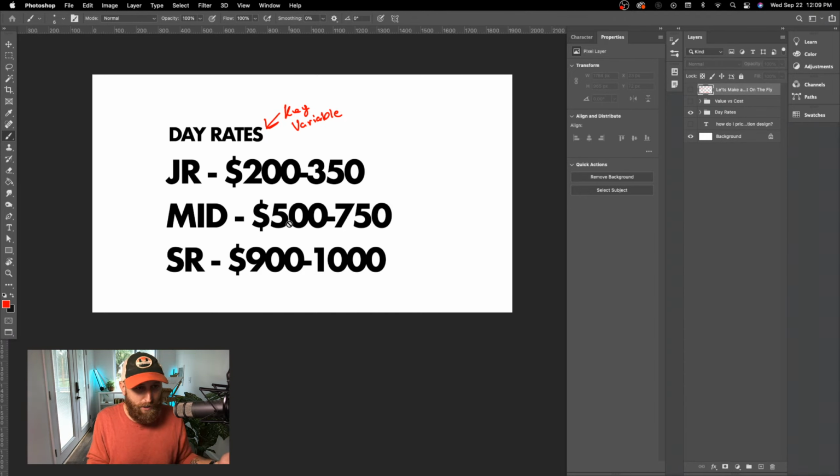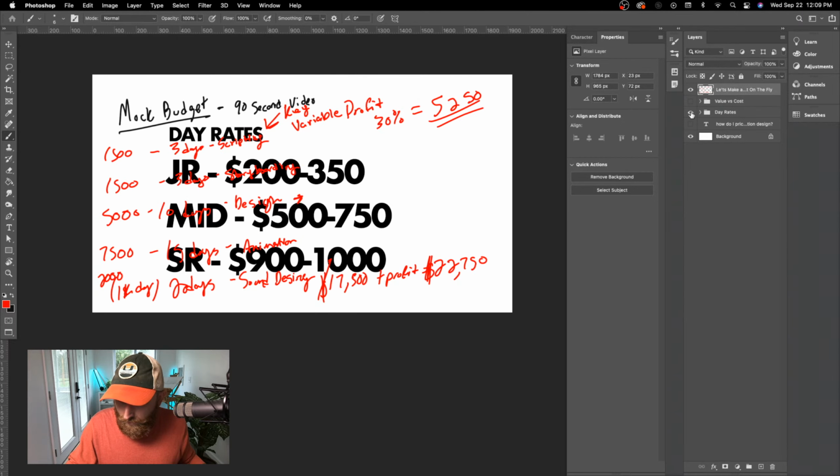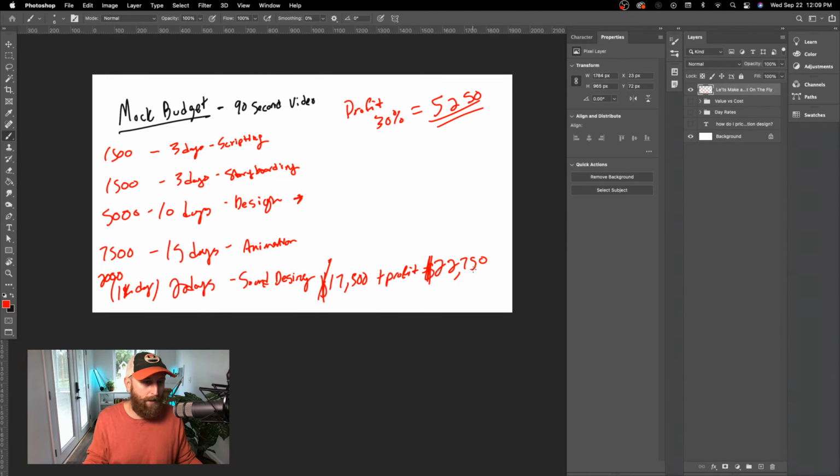Because the whole project's being multiplied essentially times that day rate. So they're getting a pretty affordable film here if I'm only charging $500 a day. If I'm a little bit more senior and I'm charging $900 a day, that's like roughly a 40% increase. Then it's going to be a lot more than this, right? So that underlying key variable is going to drive essentially what the labor costs are going to be.